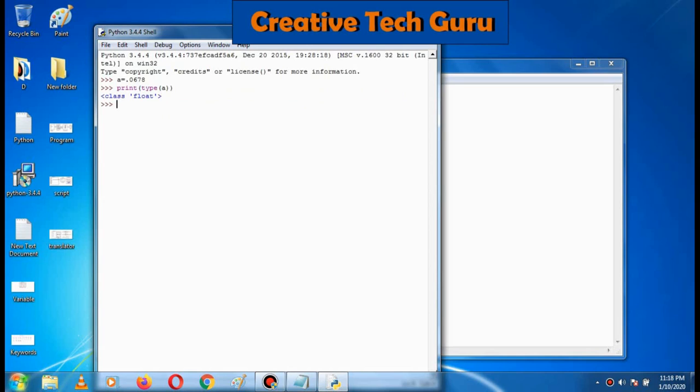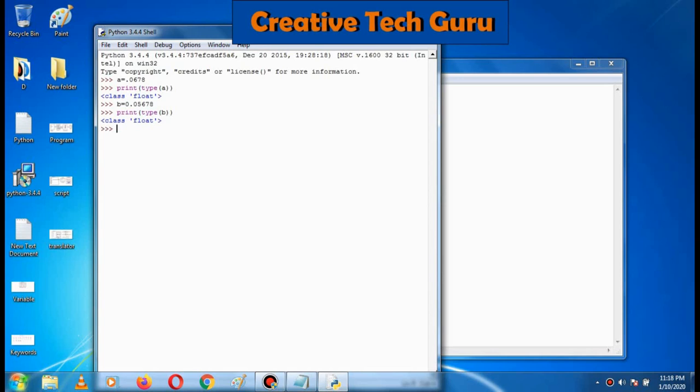The same way, if I give b equal to 0.0678, it could be any value. Now I want to show you the data type of b, and b also is given as float type. So in the 3.x version, the long data type is removed.